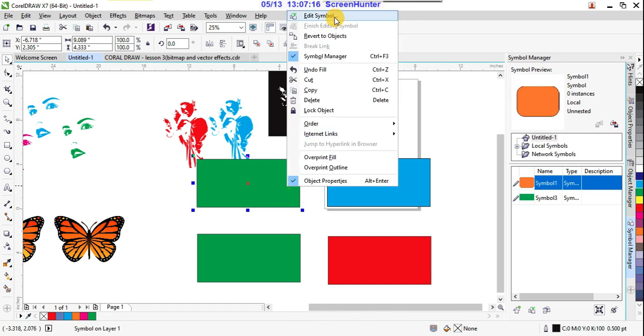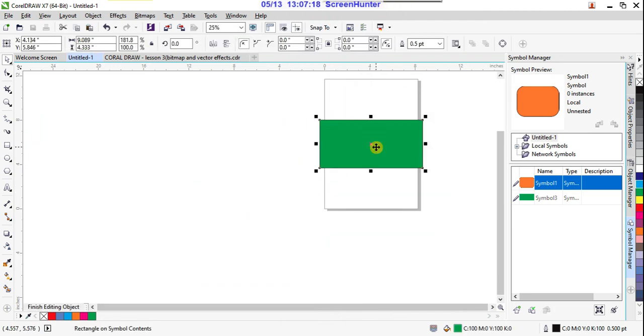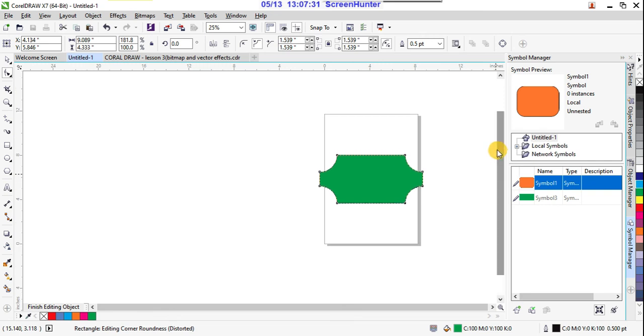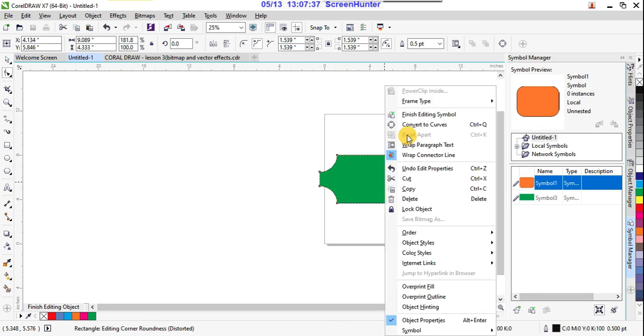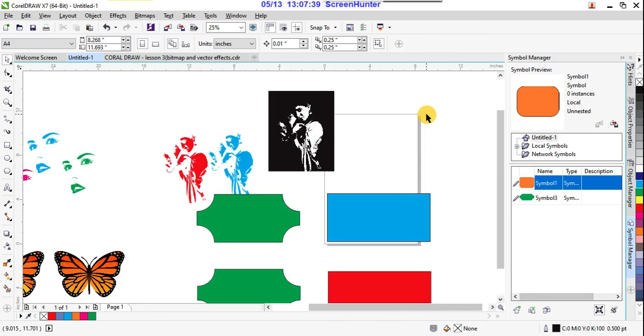See, edit this symbol again, so you can give some changes. Suppose here I want to take this shape and I'm giving this. Now what will happen? There is Finish Editing Object, or otherwise right click and Finish Editing Symbol, right?